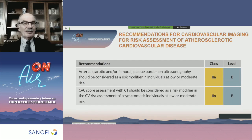Further, atherosclerotic femoral plaque burden on ultrasonography is one of the important things to be considered. And we also added the CAC score assessment because it should be considered as a risk modifier, especially in asymptomatic individuals at low or moderate risk. This table